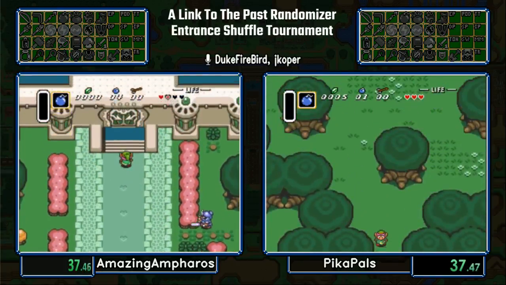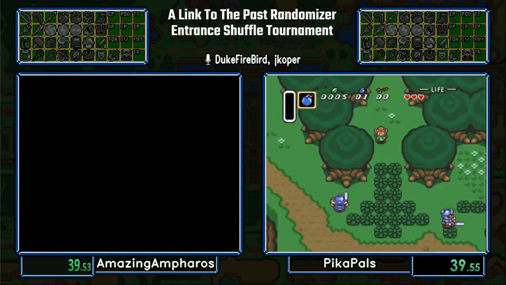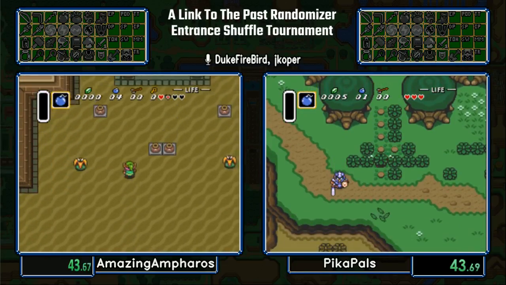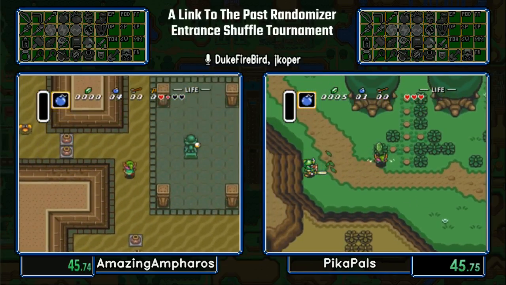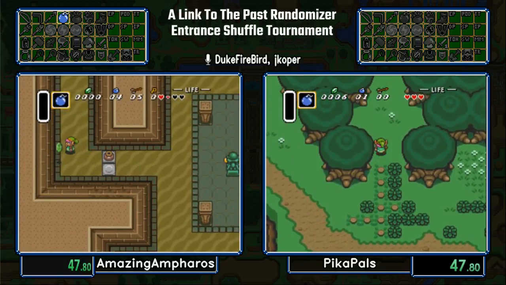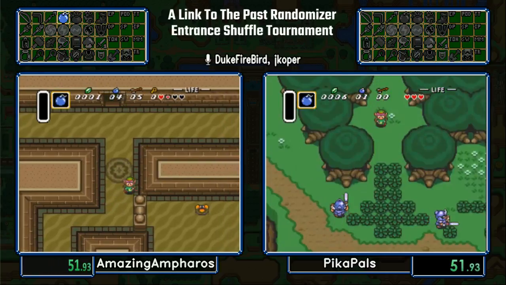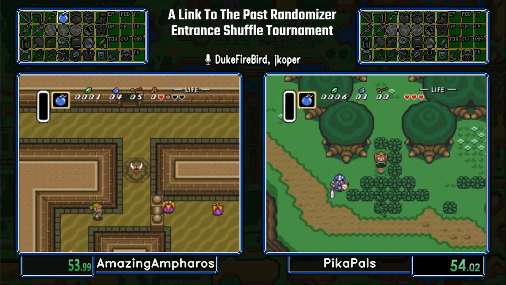Yep, there we go. He got the soldier there, but he gets some bombs. That's a great first pull for him. All right. Oh, found Desert Palace in Hyrule Castle, and the Sanctuary is at the Escapes. That's actually pretty good. Yeah. Desert Palace is notably a pendant dungeon here, so...